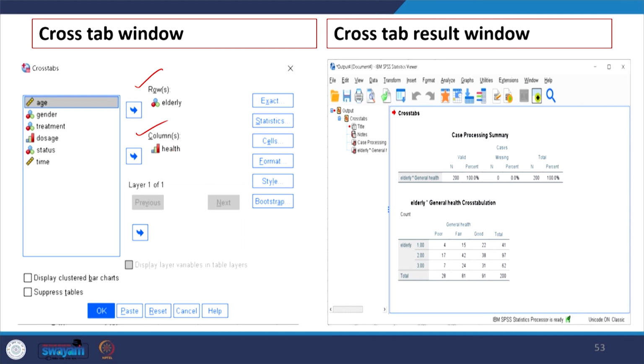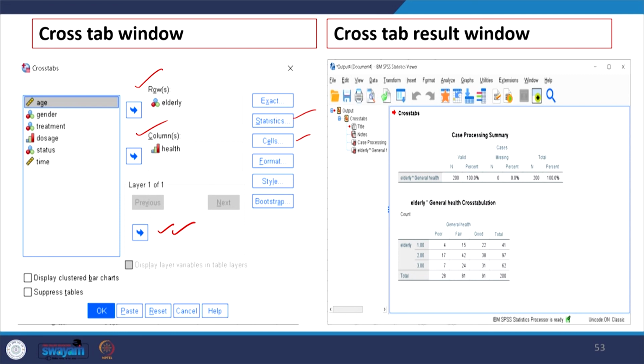Then accordingly we can take statistics, such as cell percentage or column percentage, which will have to be defined. Okay. Then once you click on OK, or if you want a third variable, you can keep it over here, layer 1 of 1.